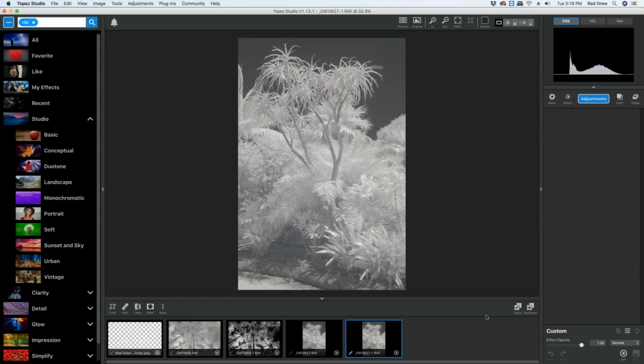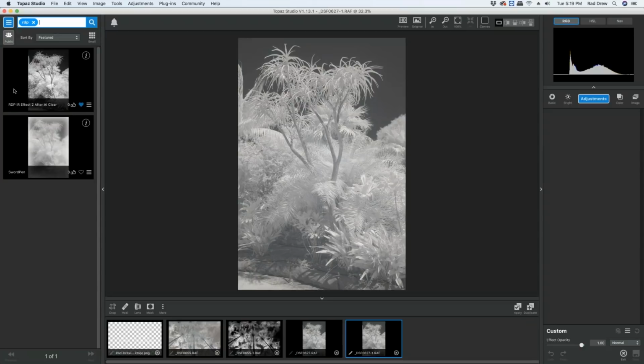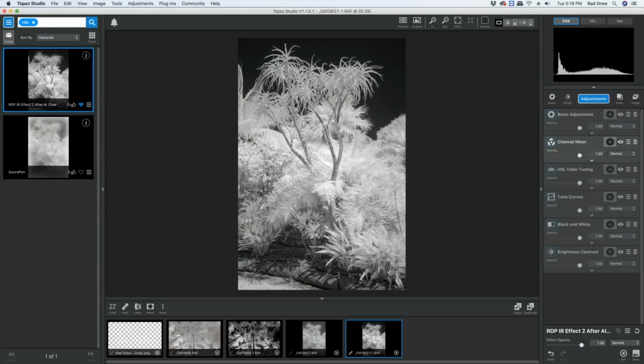And now I'm going to start with this image, and I'm going to go back over here, and I'm going to get that same RDP, and I want that IR effect after AI clear. So I'm going to apply that, and again here, it's applied all of those adjustments that we just made,